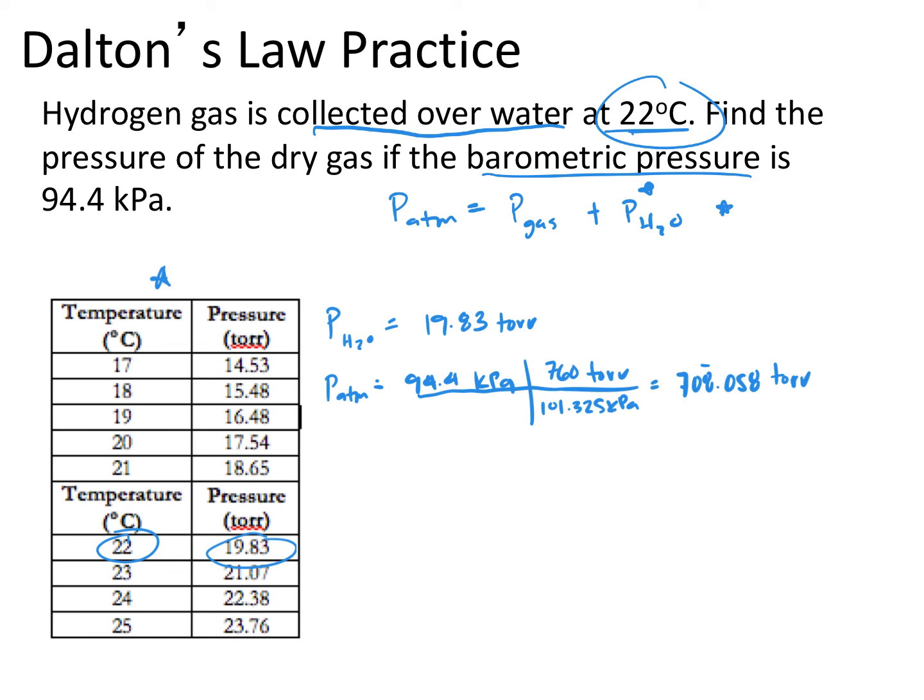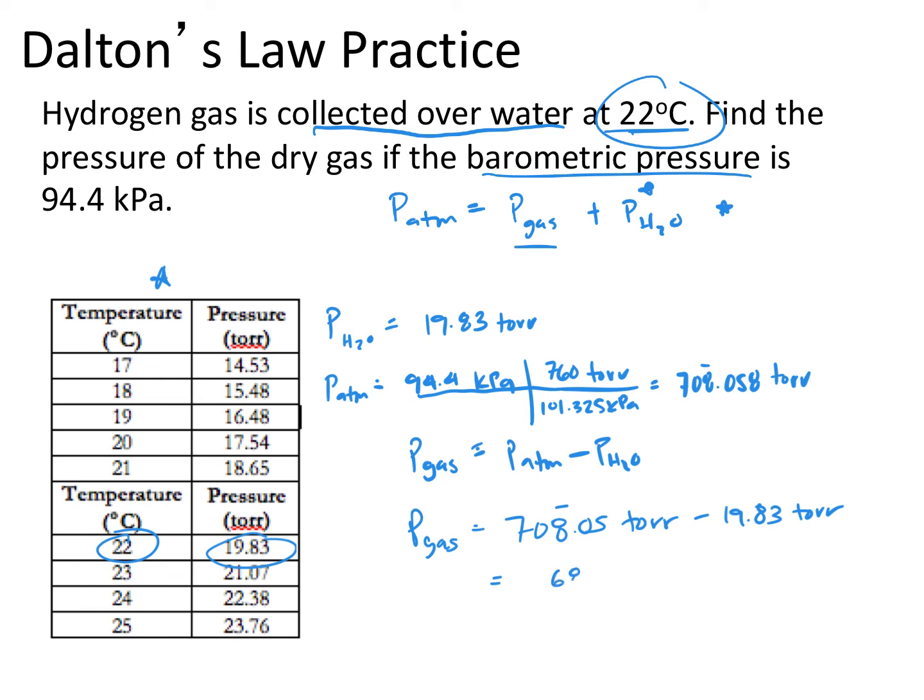Now I want to get P gas all by itself. So before I put those data points in, I'm going to manipulate the equation. P gas is going to be equal to P atm minus P of H2O. So we plug all those in. P gas is going to equal 708 minus 19.83. We're going to plug that in our calculator, and that's going to give us the following